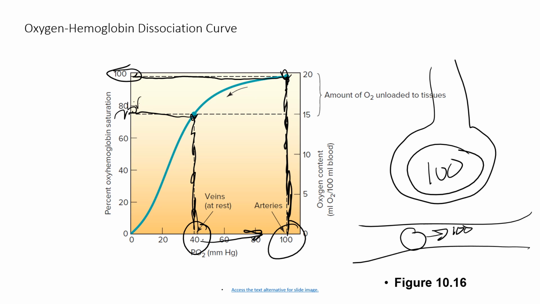What dictates how saturated hemoglobin is with oxygen is the partial pressure of oxygen within the intracellular fluid, and thus the blood plasma that exists around the hemoglobin proteins. Okay, let's just say this. If you drive the partial pressure of oxygen within the blood plasma, and thus the intracellular fluid of the red